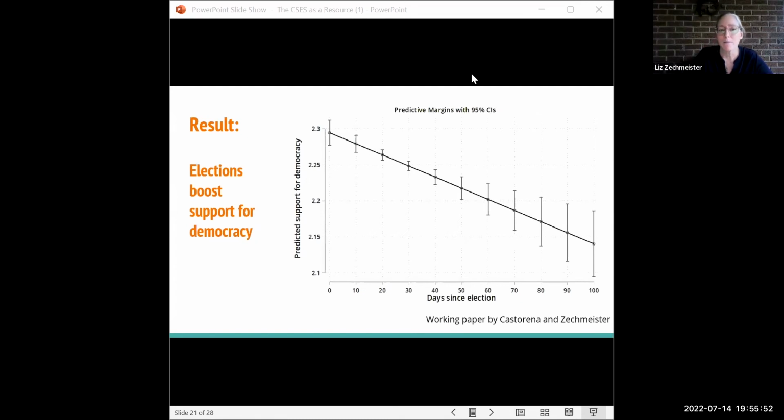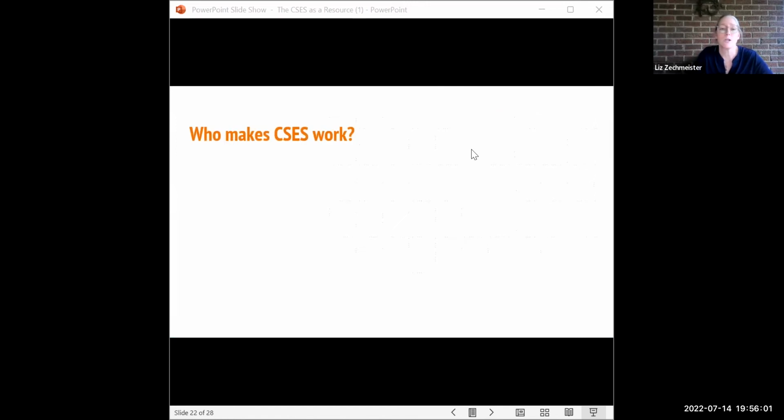And with that, I'm going to transition to the last part that I want to cover here, which is how does CSES work? And as I said, I would like to talk a little bit about this because I think of you all who are here not only as potential consumers of the data or users of the data, but also as potential future contributors to the CSES project. Because ultimately the CSES project works because people contribute, and they contribute a lot of time and energy and resources